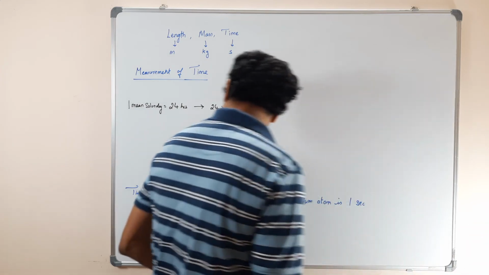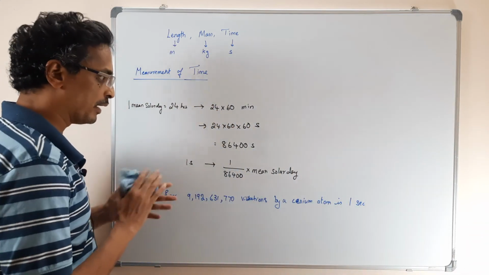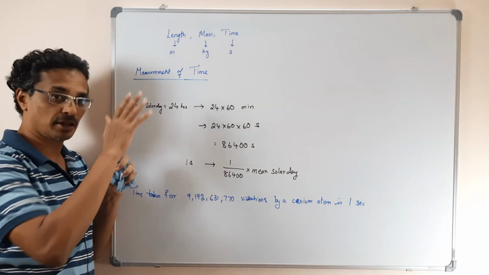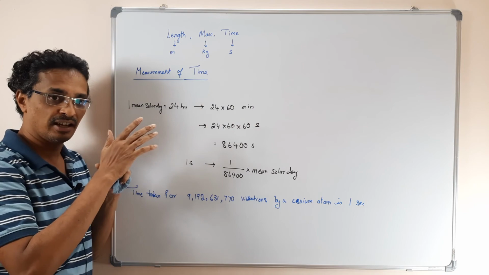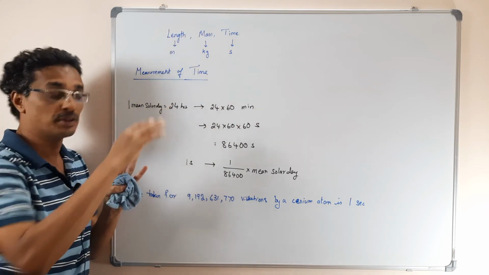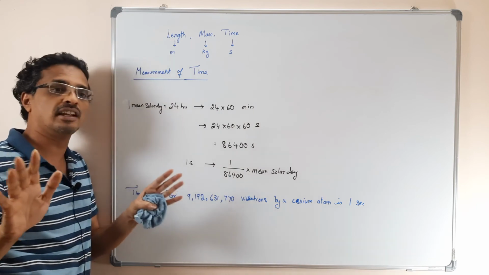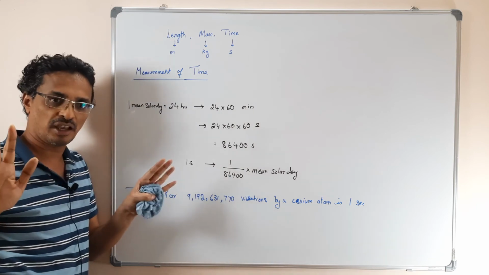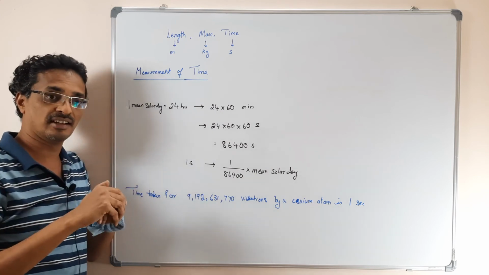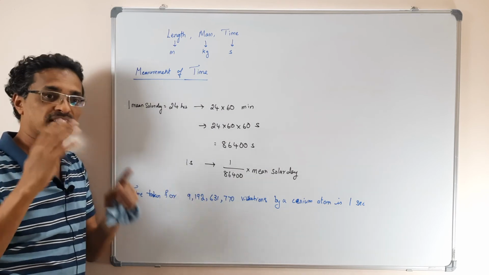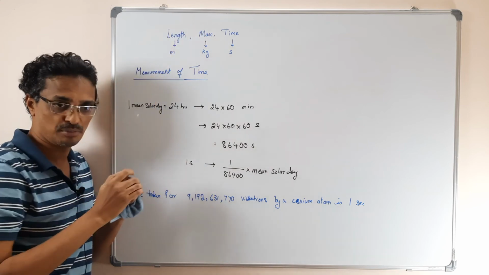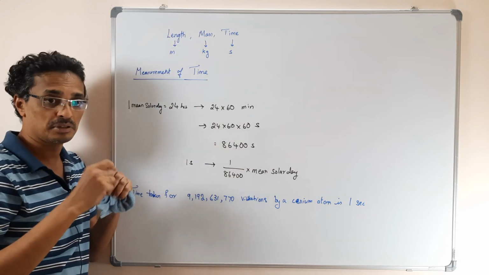So in the earlier class we saw the fundamental units and the derived units, and some of the very important fundamental units are these three: length, mass and time. These are being used extensively in our life. For every measurement, satellite signals, all your GPS and everything, they use this very precise length, mass and time measurement. If you don't do it right, then